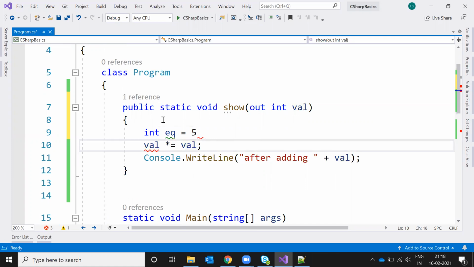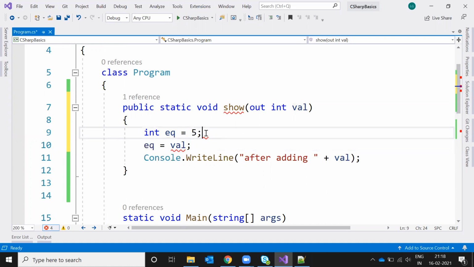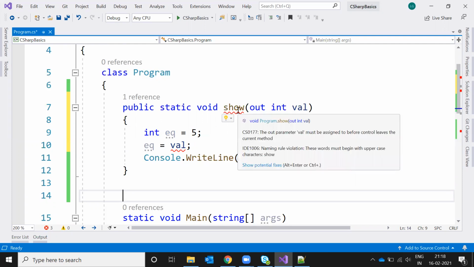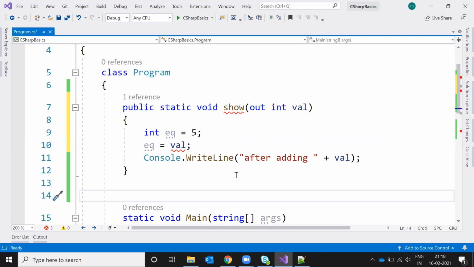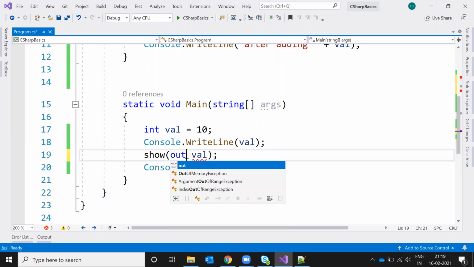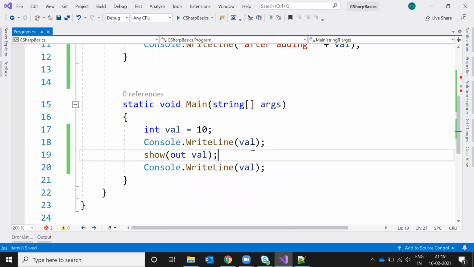Then I'm going to assign the value to eq. Why is it showing an error? In the method we need to pass out here because there are two values, right? When it is asking for two values, then it will change.